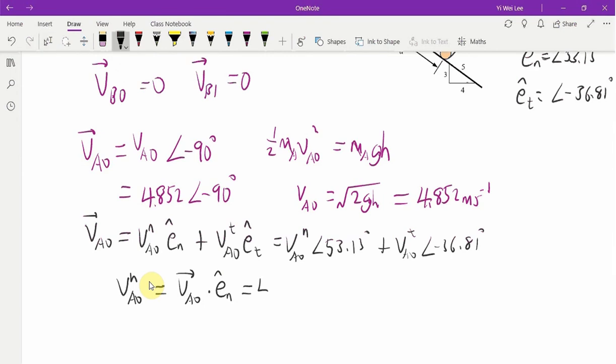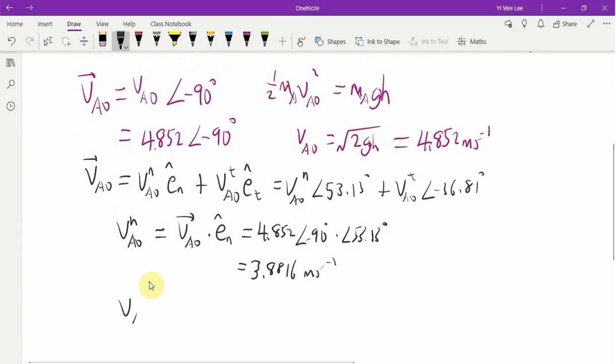In this case, we can just do the whole mathematics. 4.852 direction negative 90 degrees dot product with direction 53.13 degrees, and from here we can easily get cos of negative 90 minus 53.13 times 4.852. We got 3.8816 meters per second, right? And that's the same way we are going to use to solve